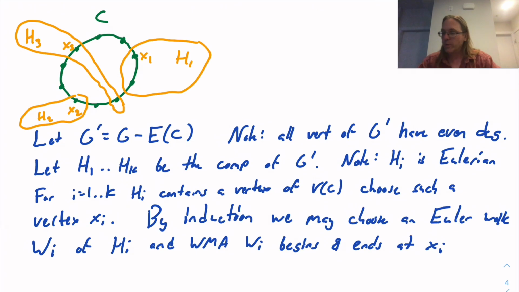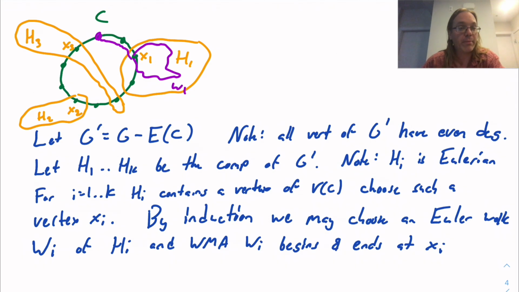So again, at the risk of muddying my diagram here, let me describe. We'll start at some vertex on our cycle and I'll walk along. When I come to x1, that x1 vertex is the start and the finish of the walk w1, which is an Euler walk in the graph h1, and I'm going to follow that. So I'm going to come to x1 and I'll do this w1,